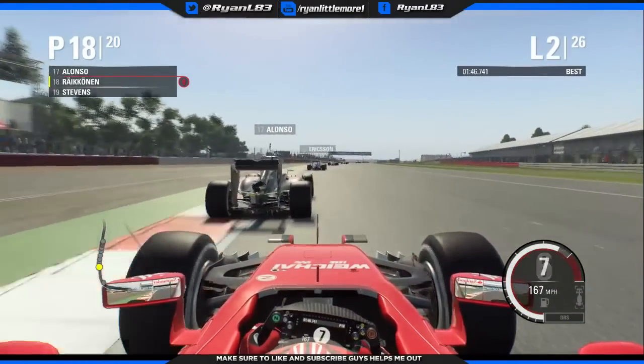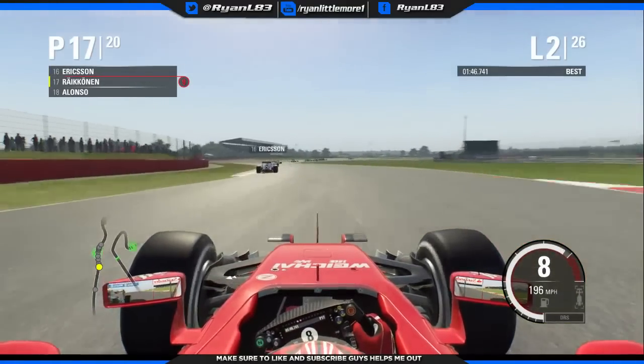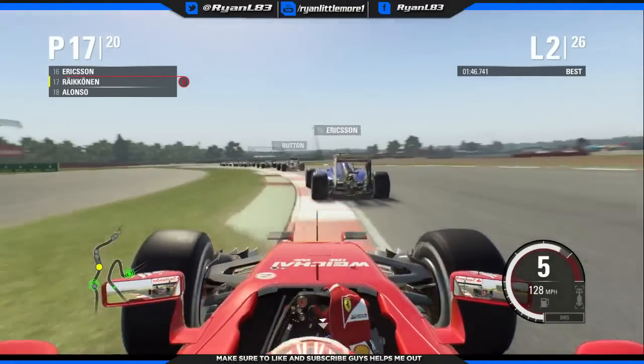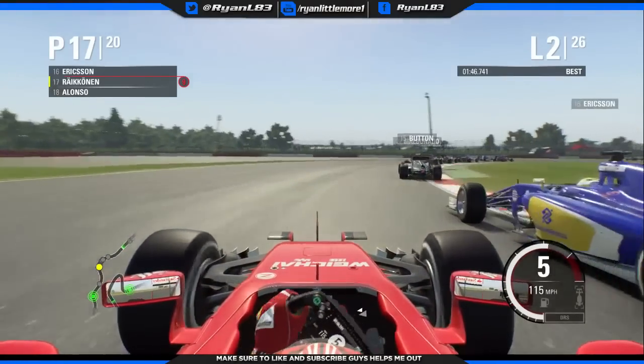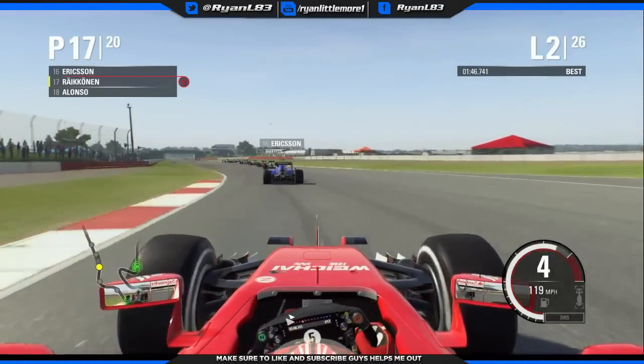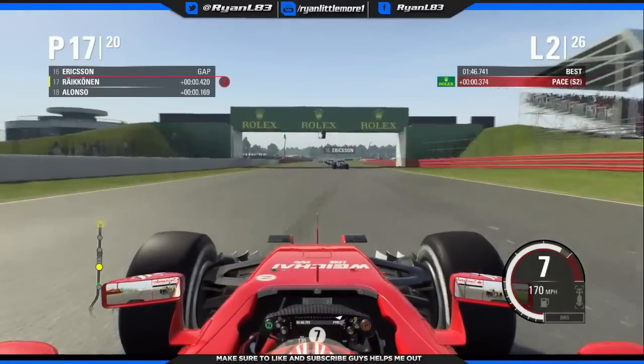Got a nice exit there, nice traction from that corner. We're going to go past Fernando Alonso, round the outside into Maggotts and Becketts. Obviously not the best of lines through there, but we get the move done. Going to go on the outside of Marcus Ericsson, but we've gone wide. And we're back down to 17th, so it's not the best of starts for us, but